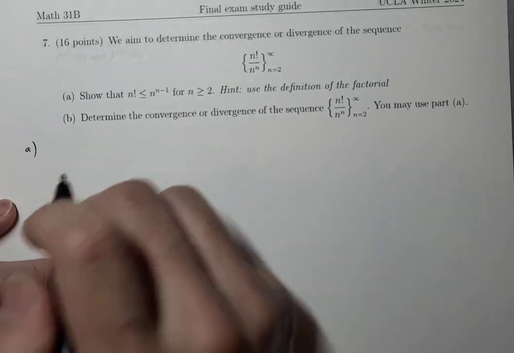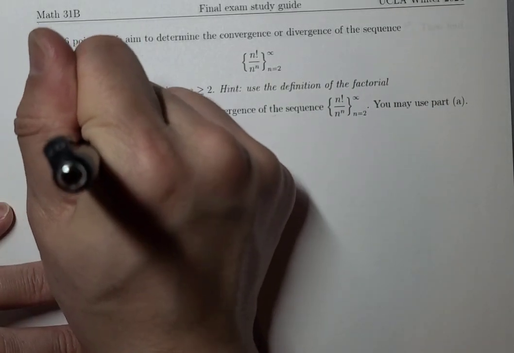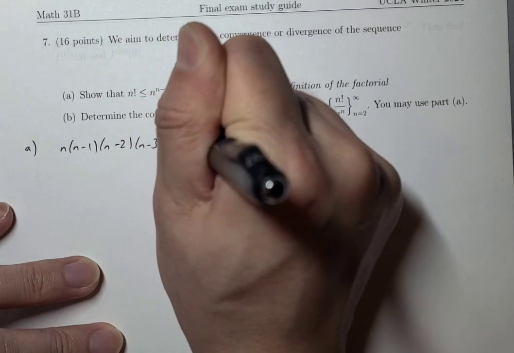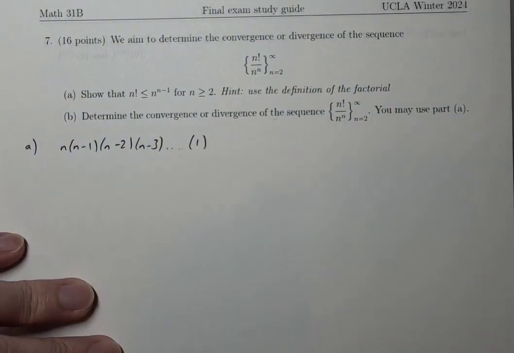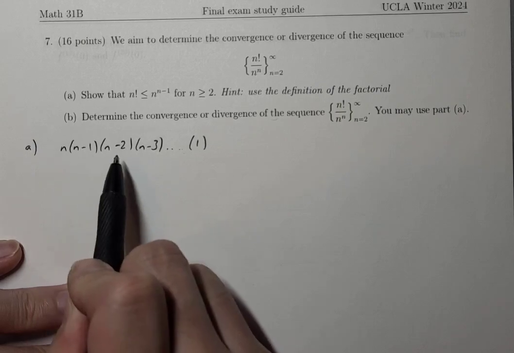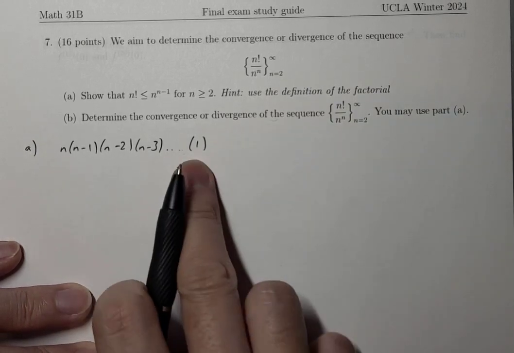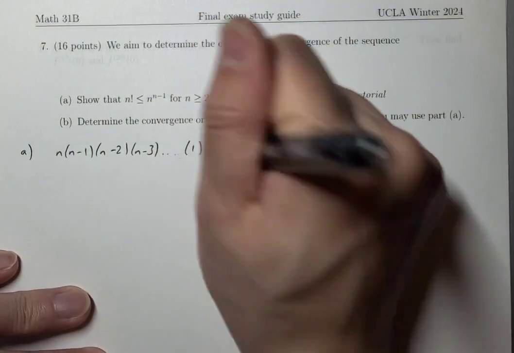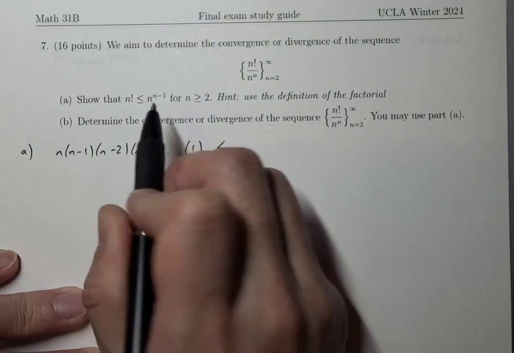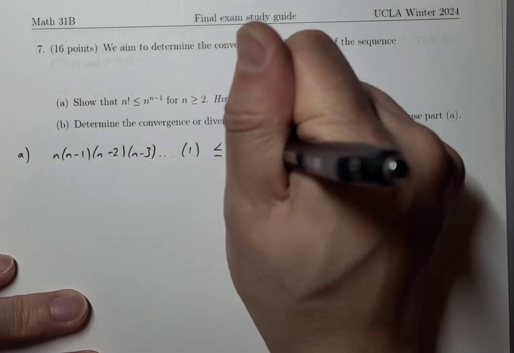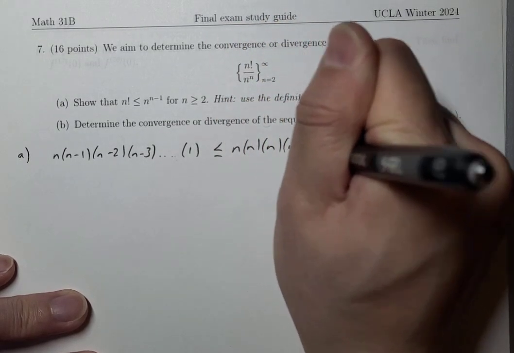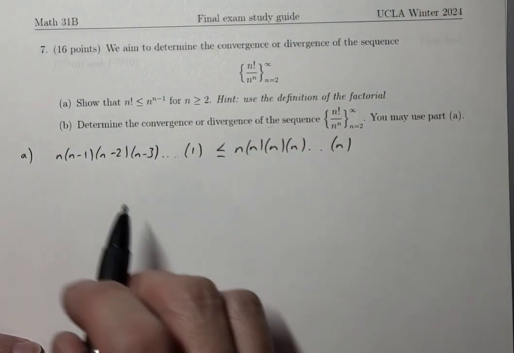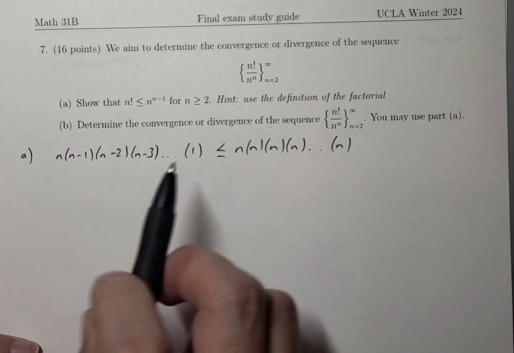So what is n factorial? That's n times n minus 1, times n minus 2, times n minus 3, all the way down to 1. That's how factorials work. Like 4 factorial would be 4 times 3 times 2 times 1, because 4 minus 3 is 1, right? So it goes all the way down to 1. Okay, that's the left-hand side, less than or equal to n to the n minus 1 power. So that's just n times n times n times n, all the way to, I don't know how many, but times n. So hopefully you can see that obviously the left-hand side's smaller than the right-hand side,